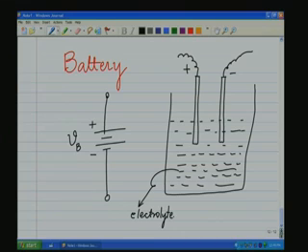These are the three important components of the battery: the positive electrode or the anode, the negative electrode or the